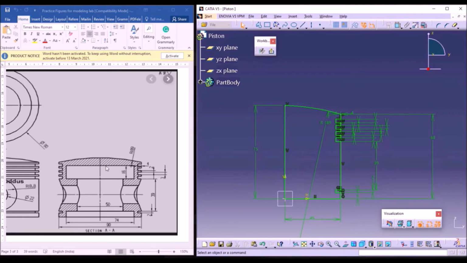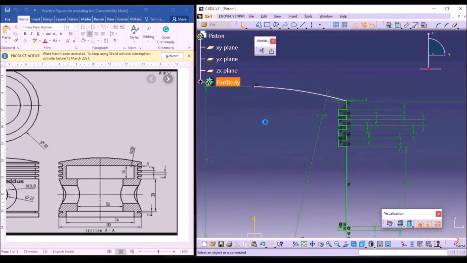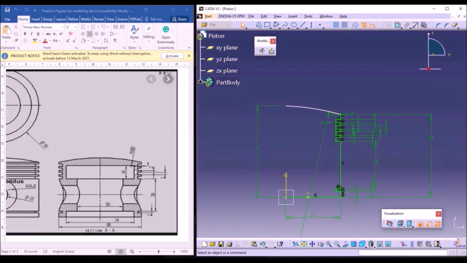Okay, now I'm going to draw this inner sketch. First I'm going to delete this center line. Just zoom in to check whether you have any extra lines or not. Now using the profile tool, draw a sketch like this. Use the profile tool, select this point, and draw a vertical line. Ensure that it makes the second point. So it has made the second point.